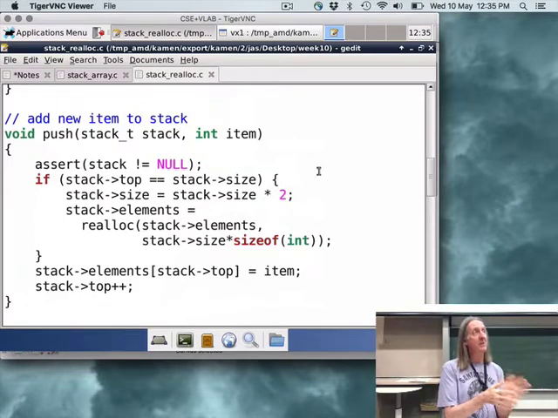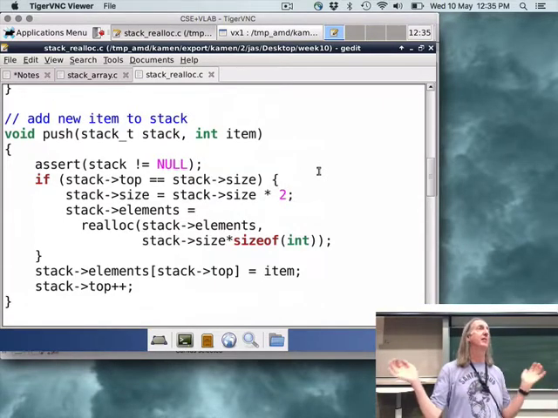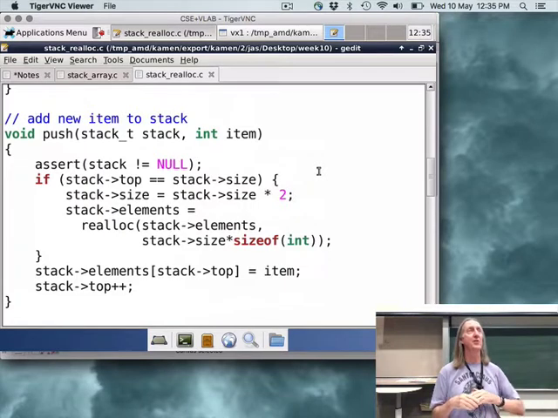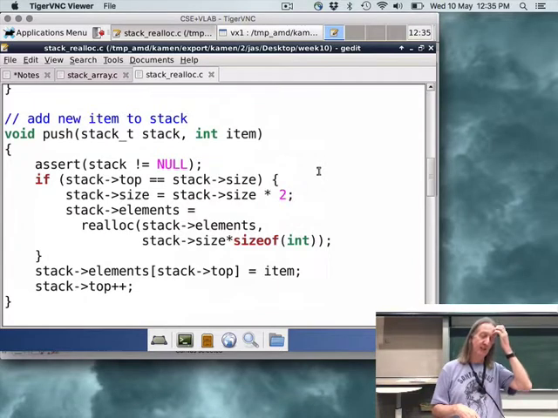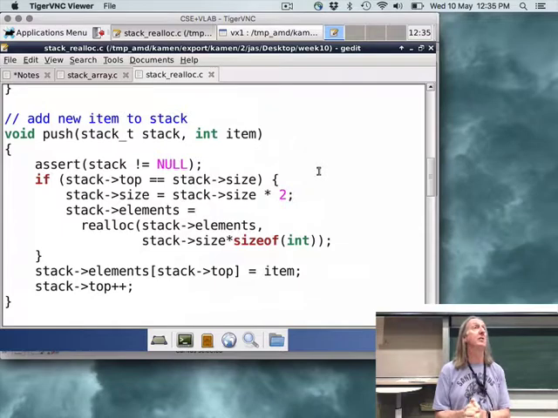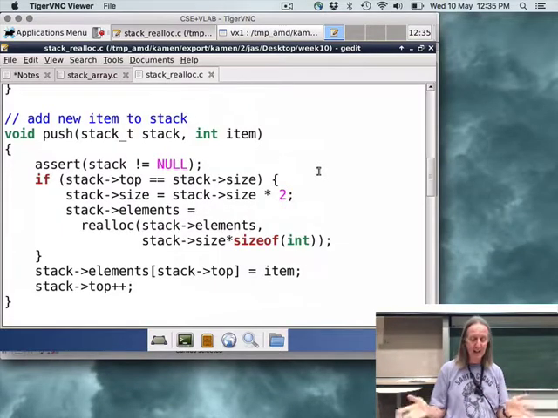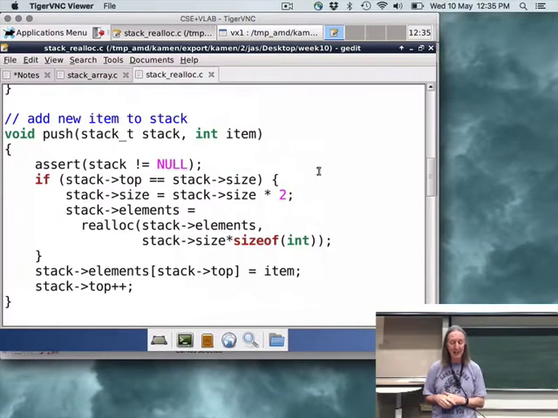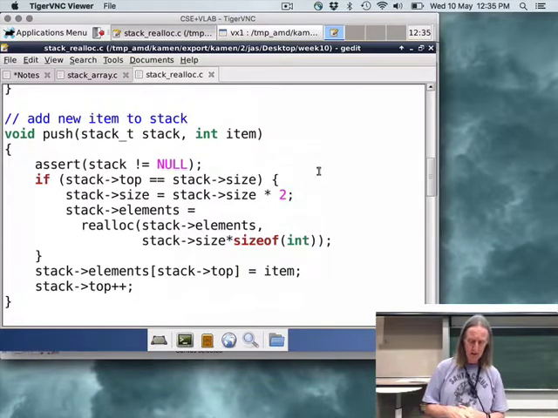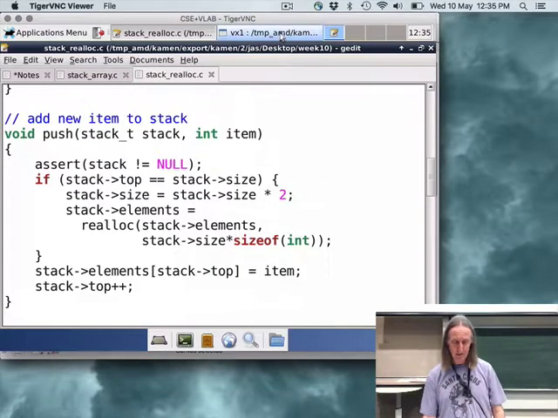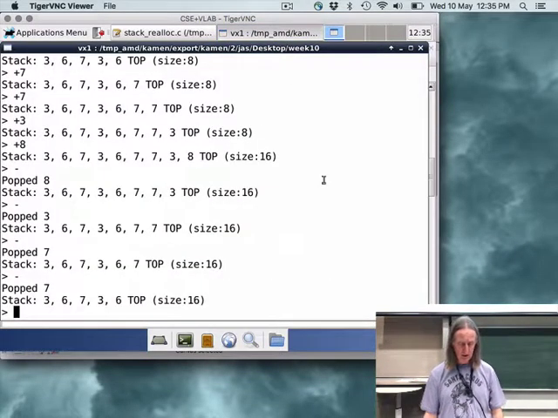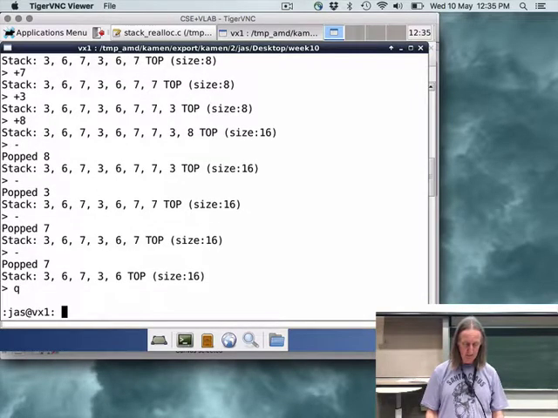So the original implementation's fixed size array, you fill it up, you're stuffed, you can't use your stack anymore unless you pop something. Linked lists, obviously linked lists can grow as large as you like, and similarly here we can allocate a larger array using the realloc function. Now one other thing I wanted to mention is that